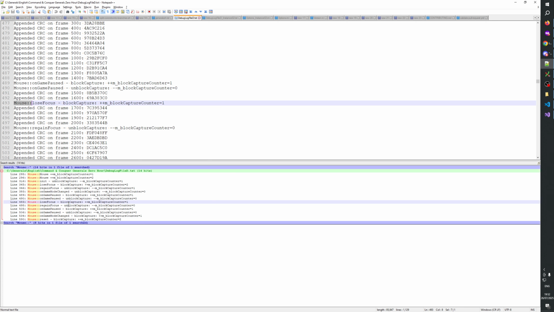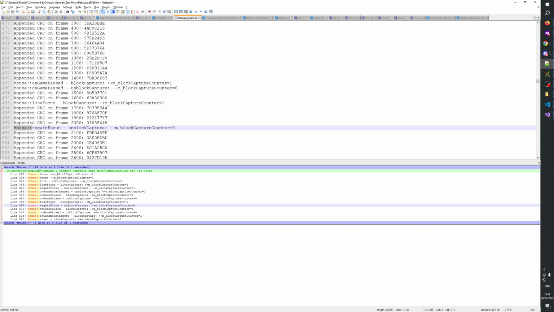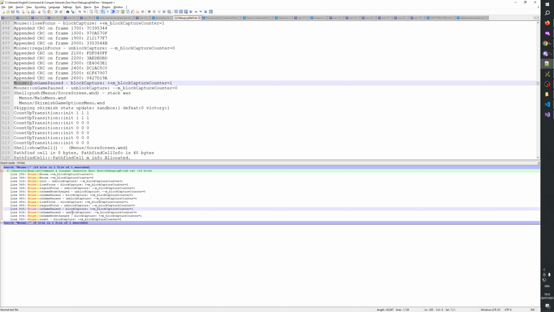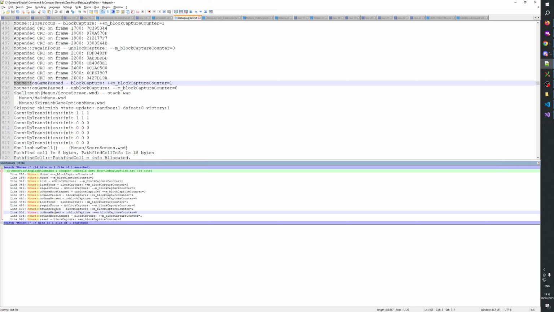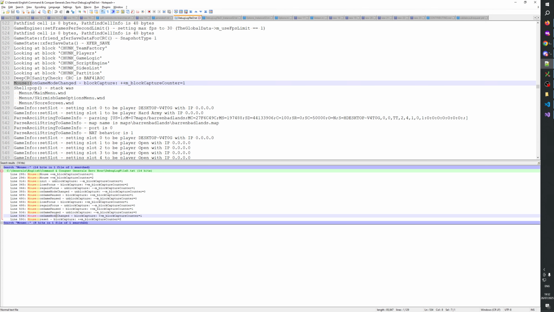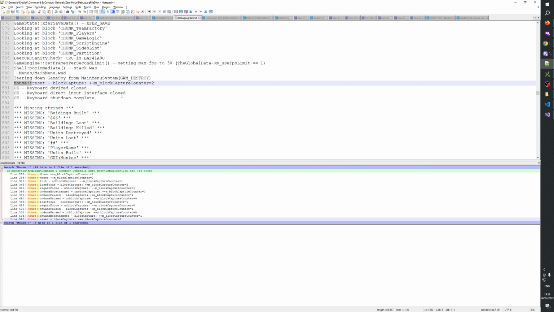Lose focus, 1. Block capture. Game pause. The problem with this implementation is that we cannot see who is actually blocking it other than looking at the log, right?